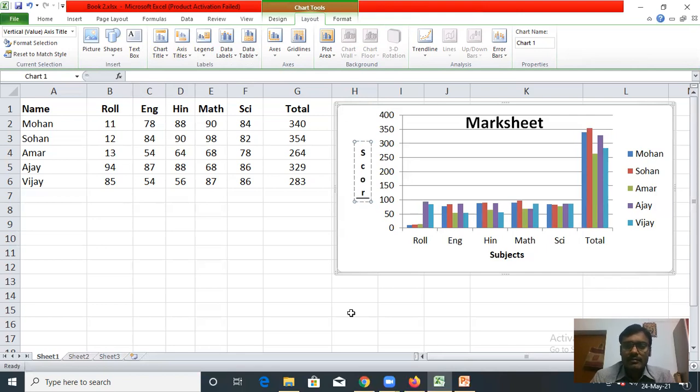Or you can write here marks of different subject. You can write marks. Okay, so in this way you can create chart title, axis title.